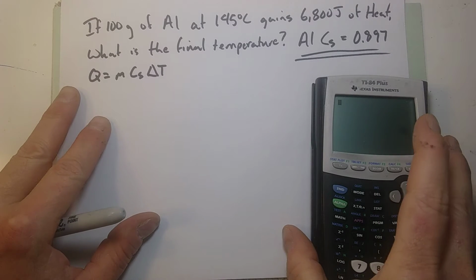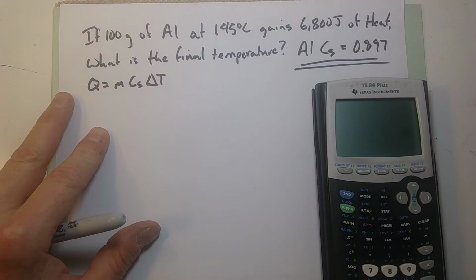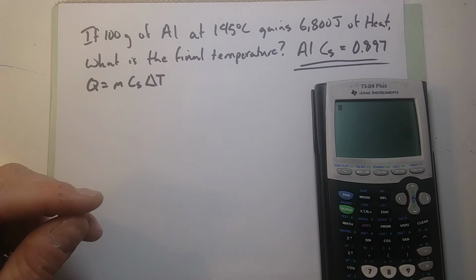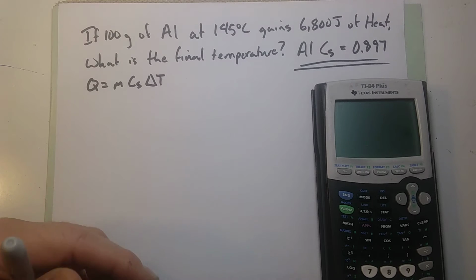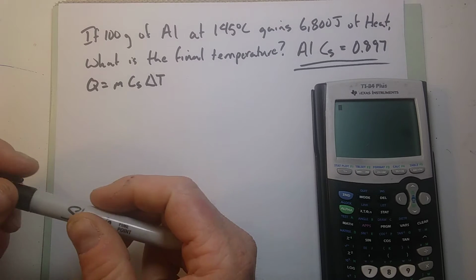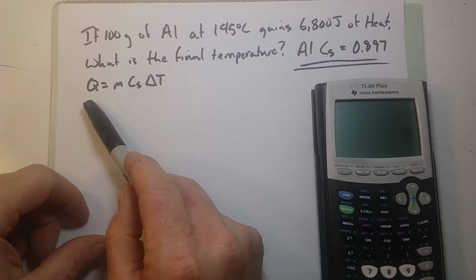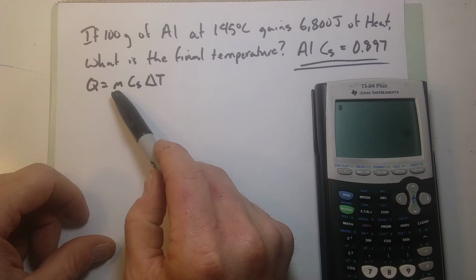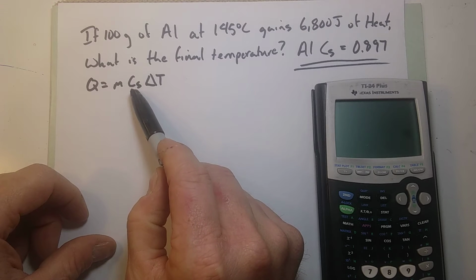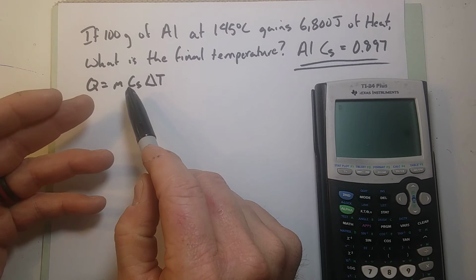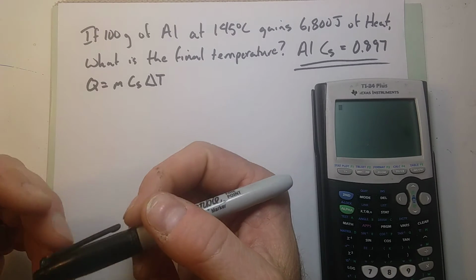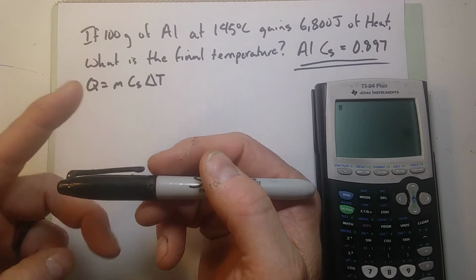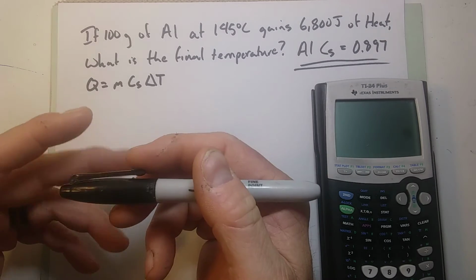This problem is a thermochemistry problem where they give us some information about a substance that's either being heated or cooled, and we need to remember the equation to determine how much heat a particular substance can absorb or give off. As given here, Q, the heat, is equal to the mass of that substance times the specific heat capacity of that substance, which is, again, think of it as the amount of joules going into that substance to change 1 gram of it 1 degree Celsius,